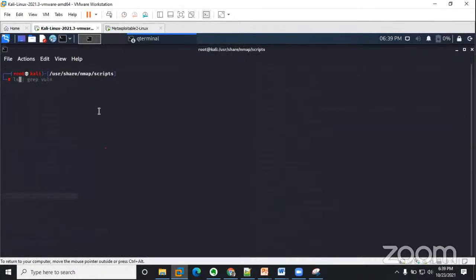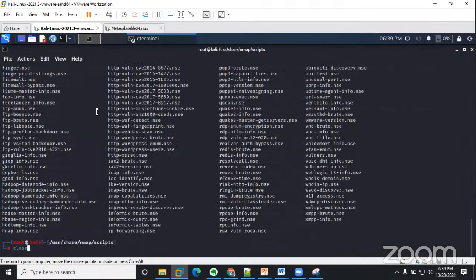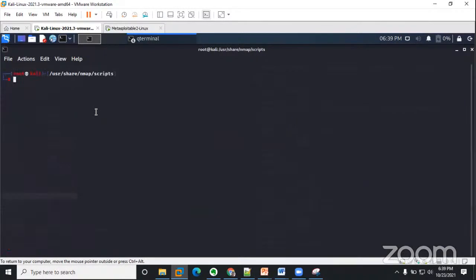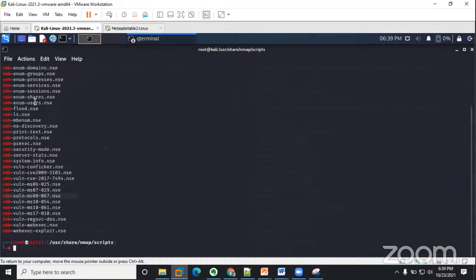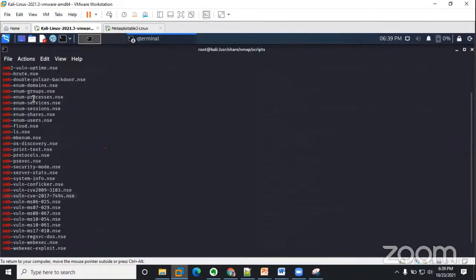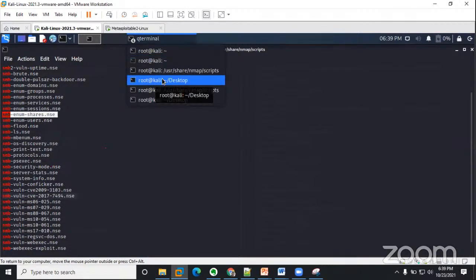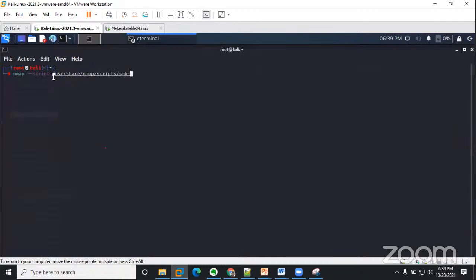So let me see. What we did was pick one of the scripts. I want to show you something. ls web SMB. Okay, so I want to pick one of these scripts. To use any of these scripts, there are two ways. You can either log in directly to this particular path, because they are files and they belong to a particular path. If you specify them from, for example, your desktop or any other path where you are,